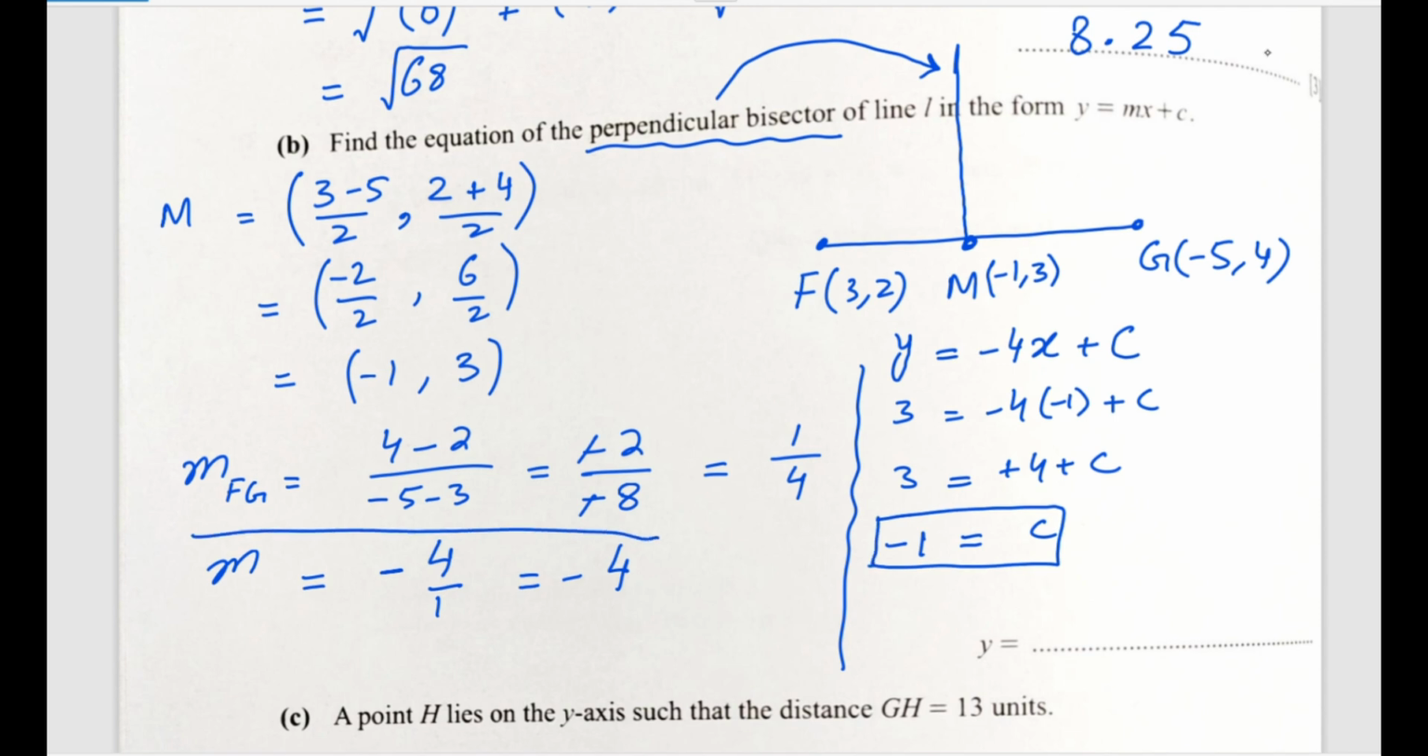Now we have the y-intercept c, and also we have the gradient, and we substitute the values of c and m in the general equation of a straight line, y is equal to mx plus c. m is minus 4x and c is minus 1. So this is the equation of